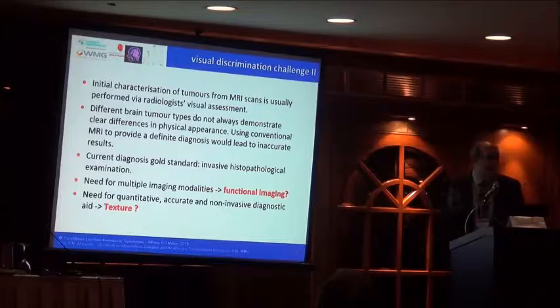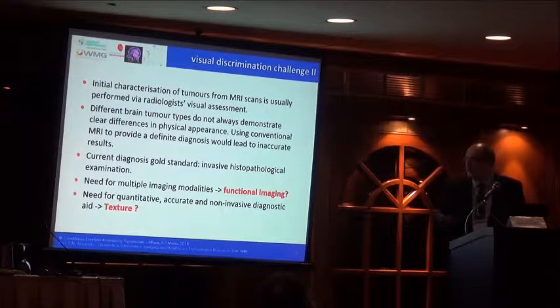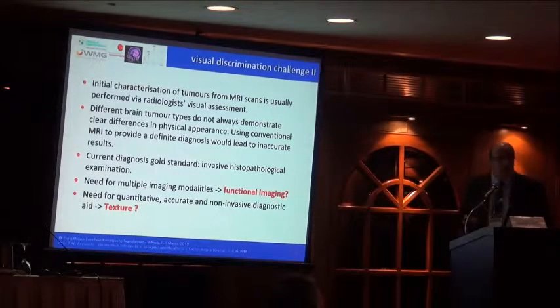Now, that's okay in adults, not all adults, but in children, in particular in the area where most of the tumors reside in children, in the back of the brain, it is very difficult to do biopsies. A biopsy could kill a child at an early stage. So we need to find ways of doing quickly an initial diagnosis, maybe in a quantitative, maybe accurate and non-invasive way.